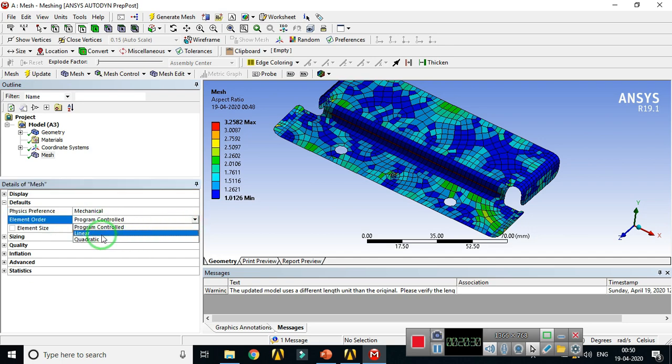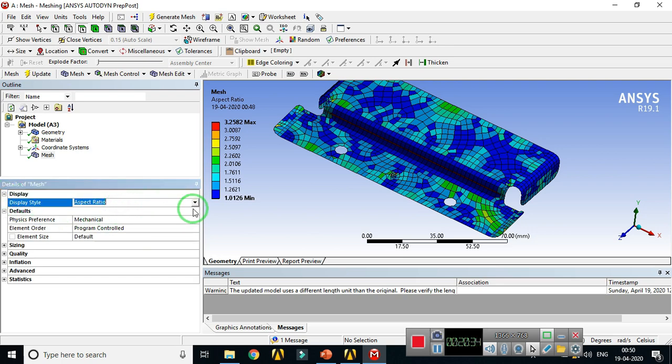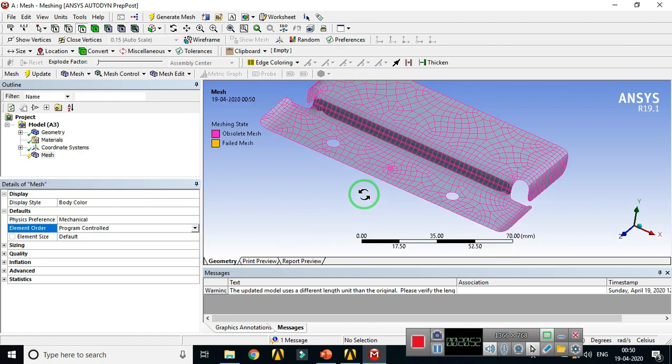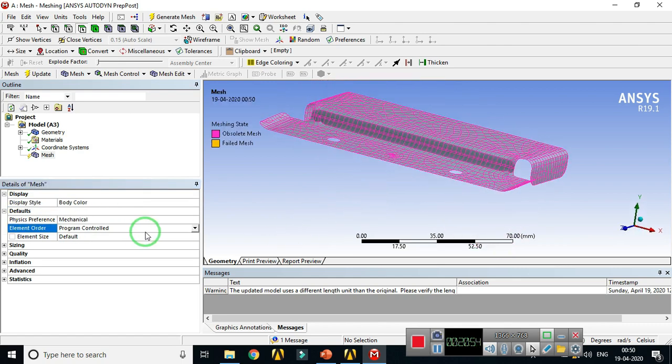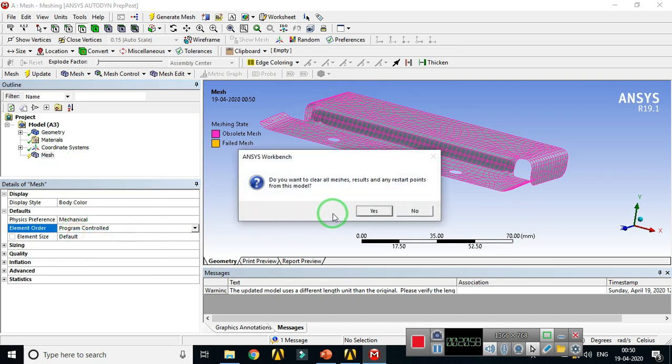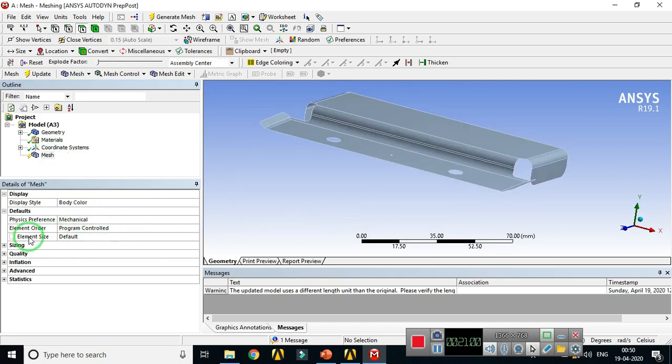I am going to change the display style to body color. This mesh is generated for program control, so clear the generated data here. I am going to change this element order from program controlled to linear. Linear means straight sided elements, and it will not capture curvature properly.